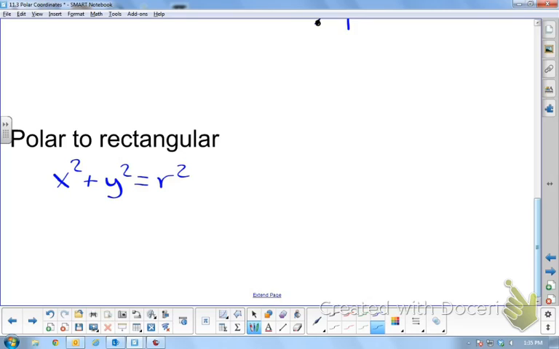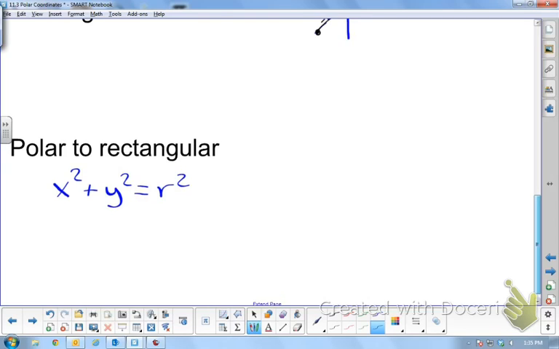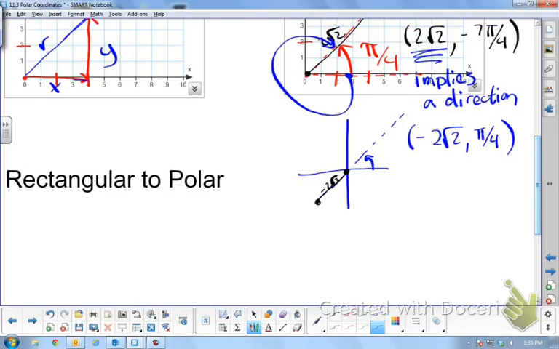So in our polar to rectangular, this would be a formula we're going to use. Okay, we can also find the angle. If I want to know this angle, well, I'm limited because I have to use the x and the y to find the angle. What trig function would use that x value and that y value? Opposite over adjacent, which is tangent. So tangent theta,